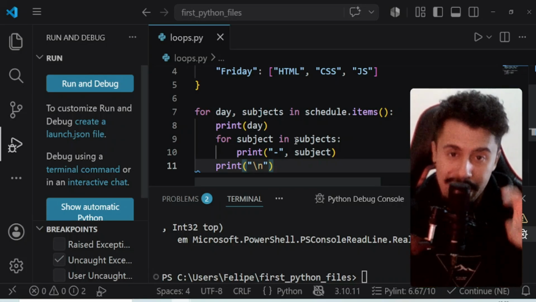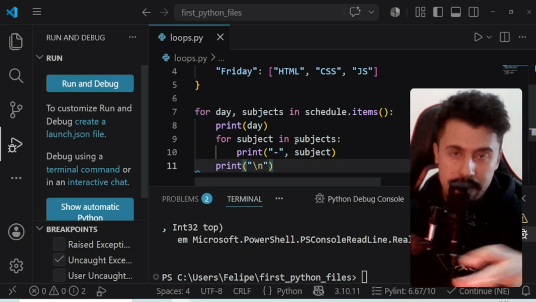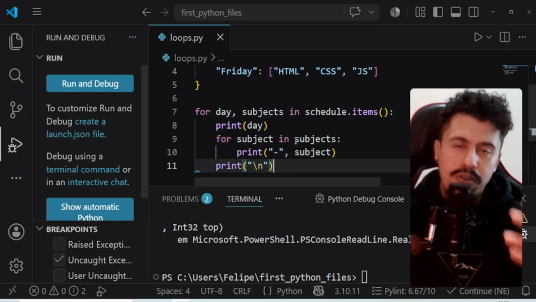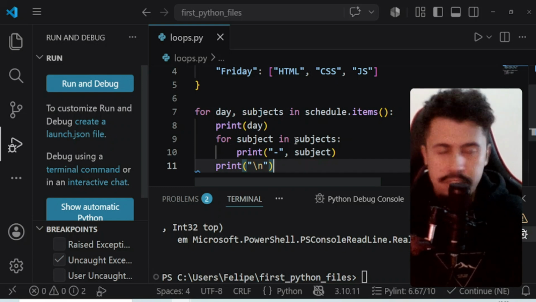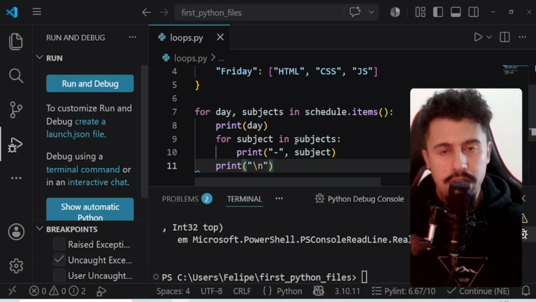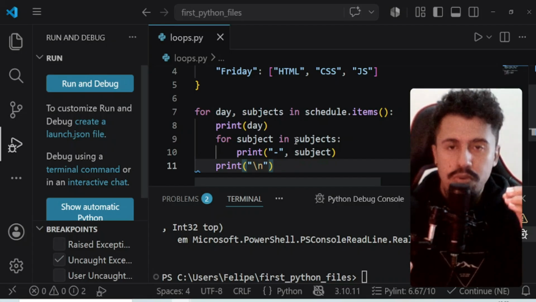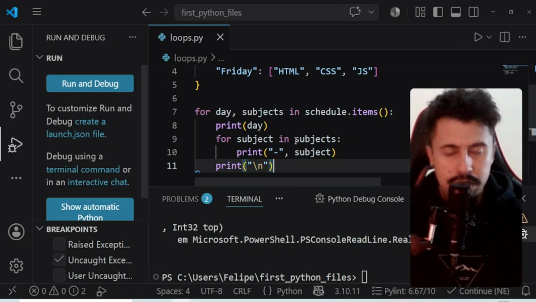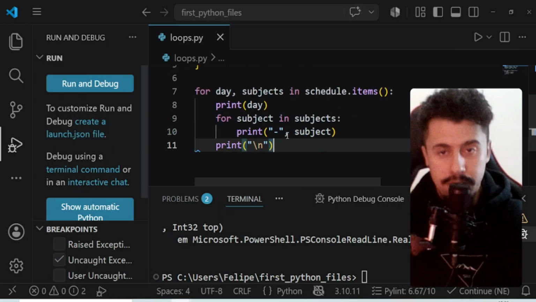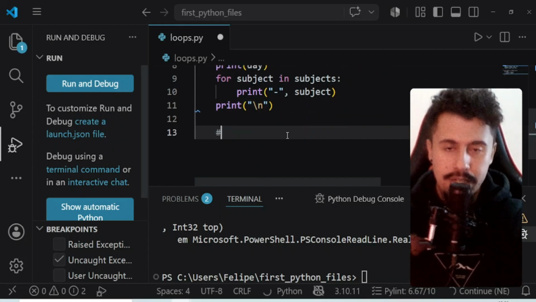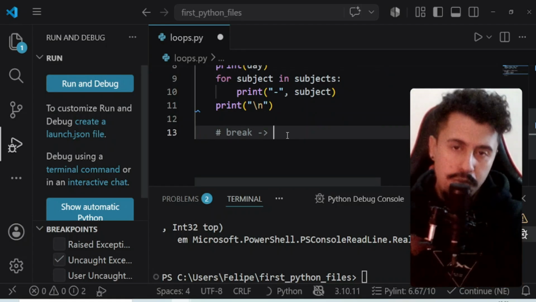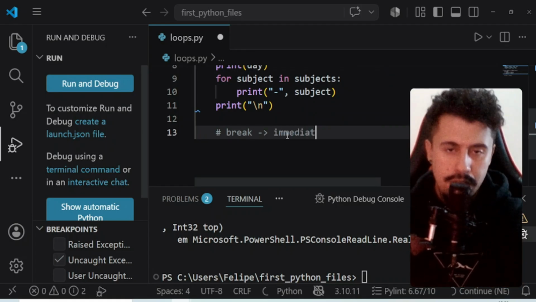I'm going to apply them in the loops. All right, some of them are more often used in loops, but you can also use these keywords in conditions and any type of logic flow that you need to control the execution. You're going to understand when we apply this. So the first keyword that I want to show you is the break keyword, right? The break keyword immediately